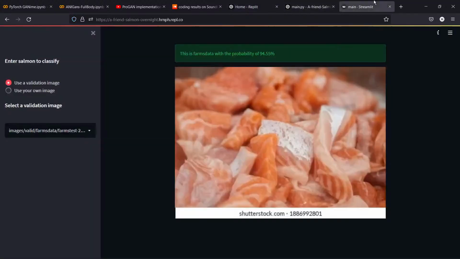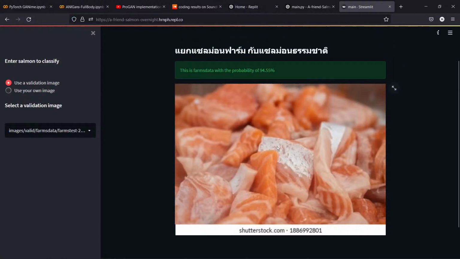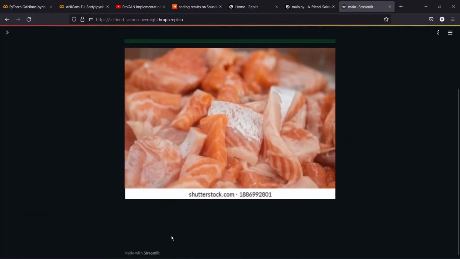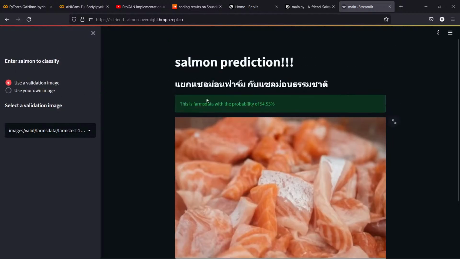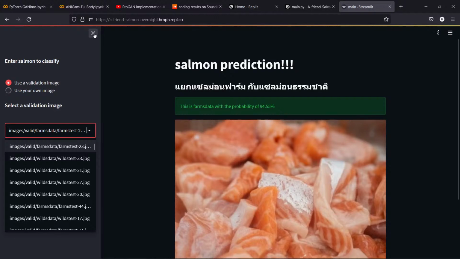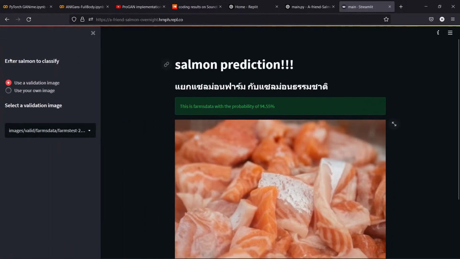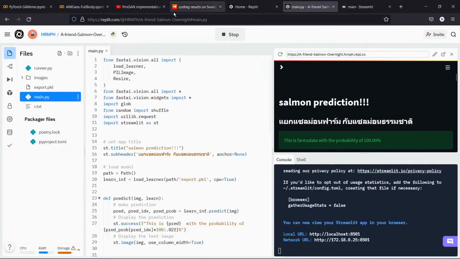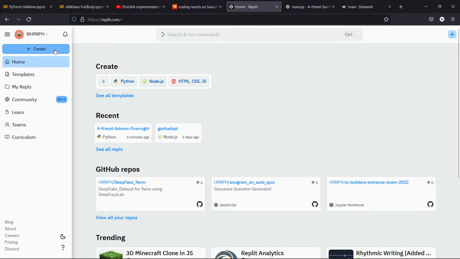with Streamlit. Basically, it will look like this as a Streamlit app, as you can see, made with Streamlit. This app is a salmon classification from my friend, his machine learning model that I need to deploy, but I have found issues deploying with Heroku, so I need to deploy it somewhere else, and I was trying to do it with Replit, but it just doesn't work with Streamlit, but not now because it works now. So let's start. First, if you want to deploy an app like this, you need to create a repl